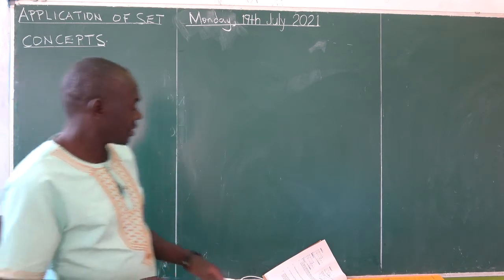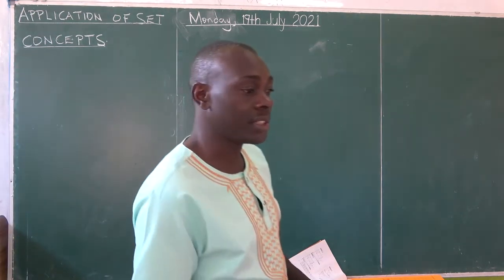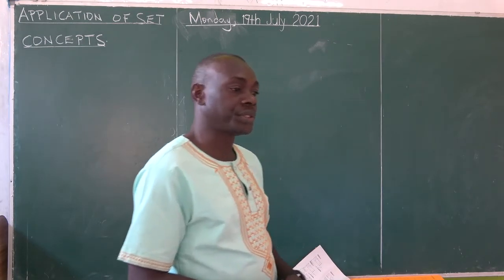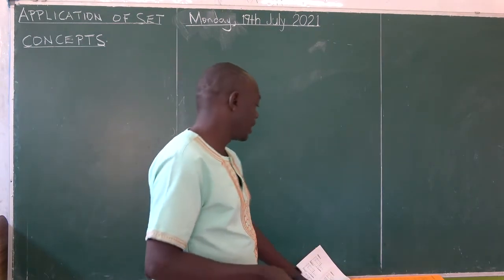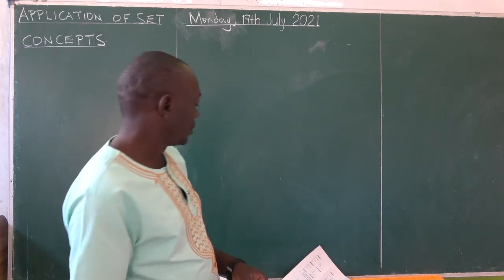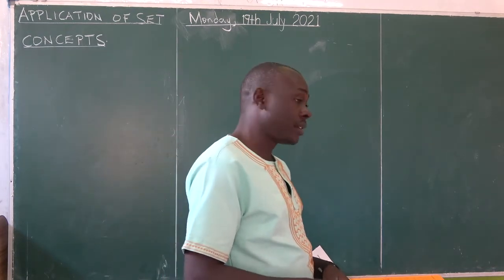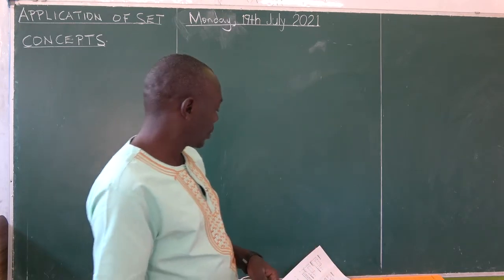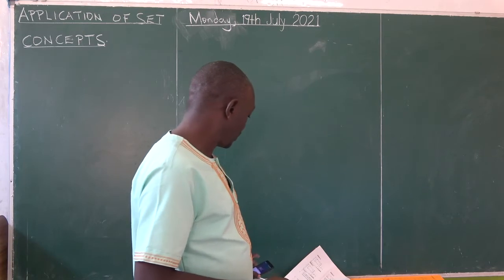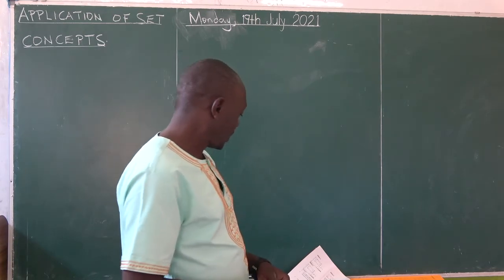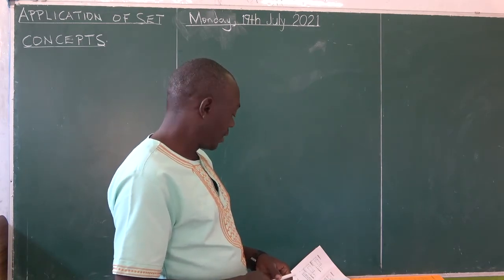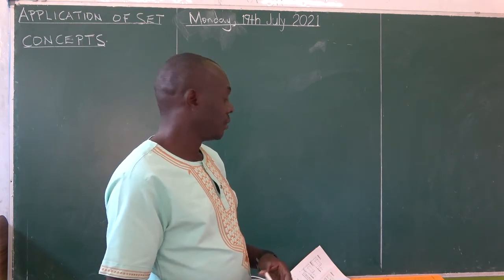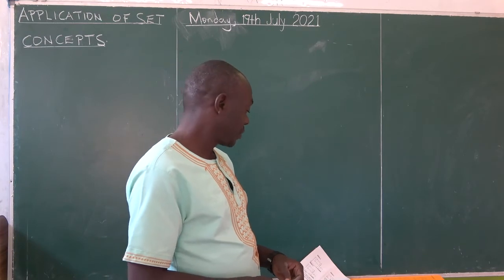Now, such questions disturb children's interpretation. That's why I've come to interpret with you, so that you learn how to interpret. You can never get a 4 or a 1 in particular in case you don't know how to interpret questions. The question setting in PLE has changed, and therefore only those few people that can comprehend will then access what's called a D1.